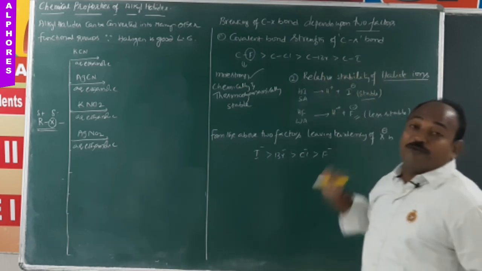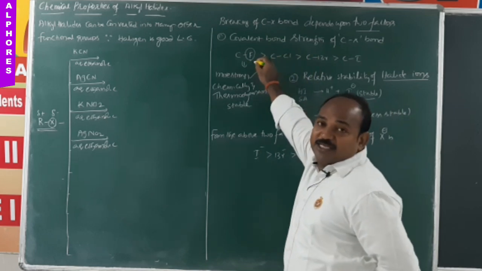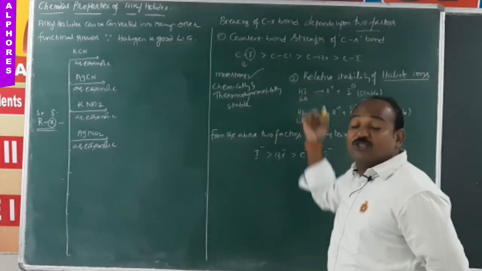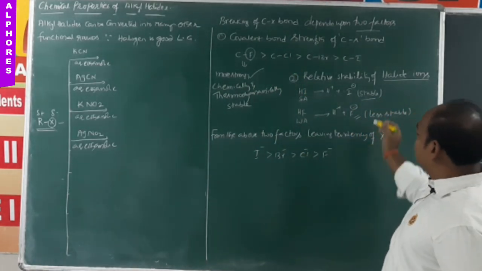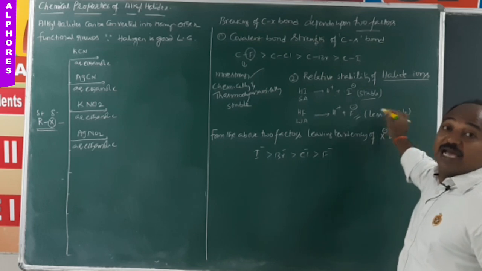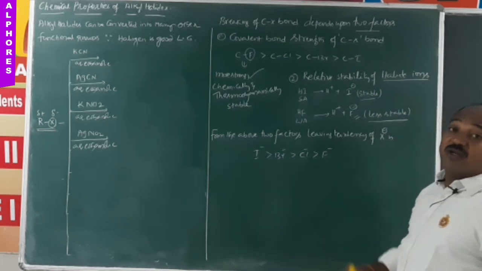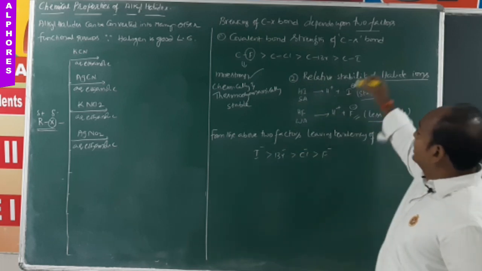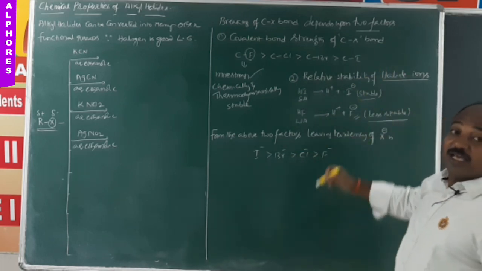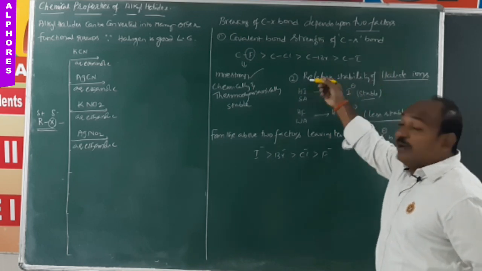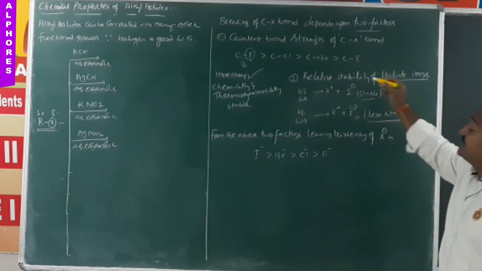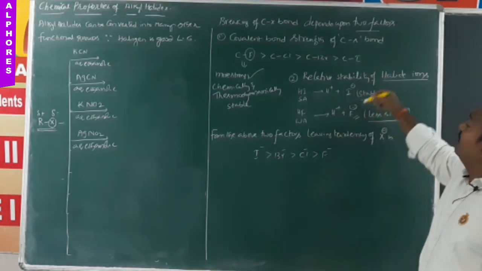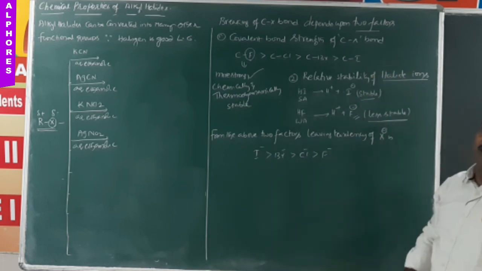Now again go to that form. If we displace F minus from alkyl fluoride, that F minus has to come out and exist as singly F minus. But as I said, as F minus it is not stable. That's why F minus displacement is very difficult. Whereas in case of I minus, even though it comes out, it exists as I minus and it can be stabilized.